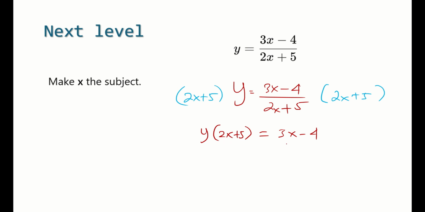There is x on the left side, there is x on the right side, so the purpose is to put x and x together on the same side. So it's okay, we can multiply this one first. So 2xy like this plus 5y, and then this one is 3x minus 4. Just keep it for a while. And then